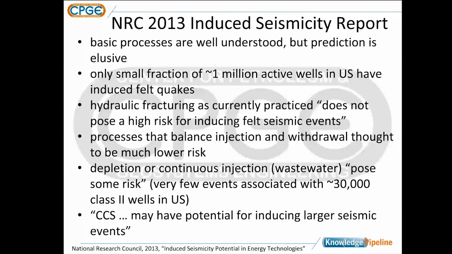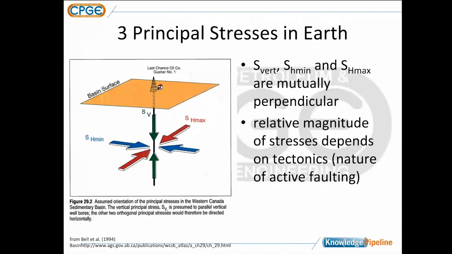So let's talk a little bit about the mechanics. To introduce this, I just want to remind you the way we look at stress in the subsurface is there are essentially 3 principal directions of stress. And if you look at the diagram on the left-hand side of the screen, essentially we have the vertical stress and 2 horizontal stresses. And the horizontal stresses we divide into a maximum and minimum depending on their magnitude. Now these stresses are where our impetus for failure occurs, things that could cause fault slip and earthquakes.